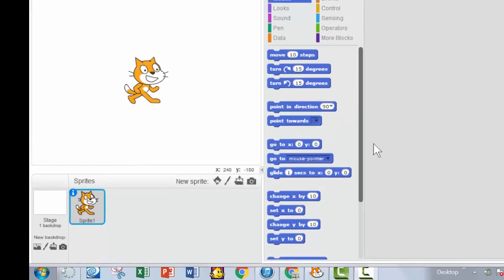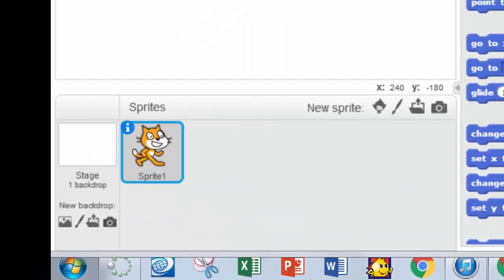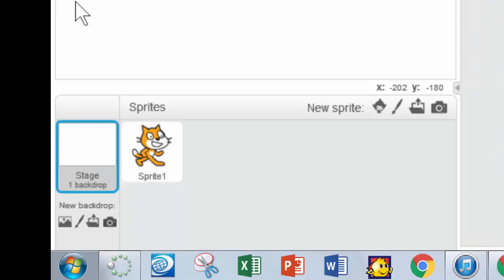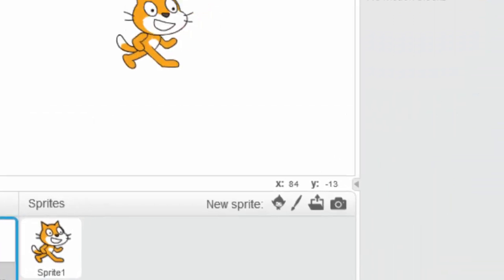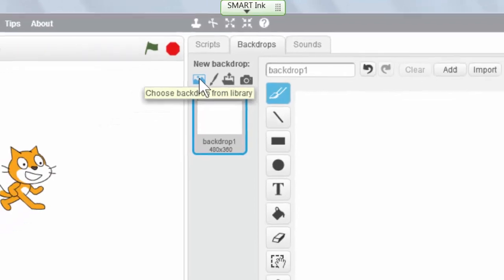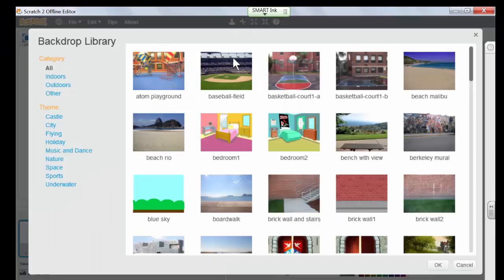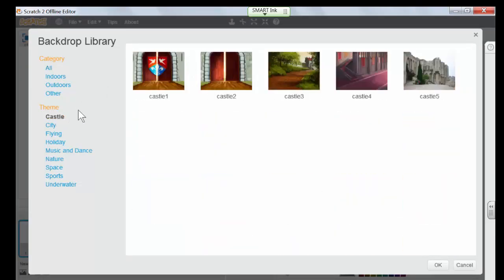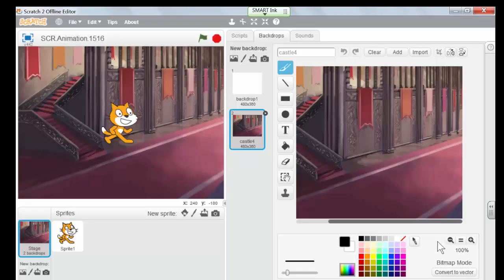Okay, I've got a new Scratch project ready to go here. The first thing I want to do is go over to Stage, over here on the left, switch over to Backdrops, and get my 2 scenes for my story. So I'm going to go to Choose Backdrop from Library. In this case, I'm going to jump over to Castle, and I want the castle interior there,